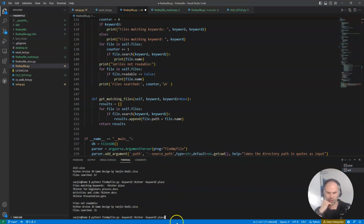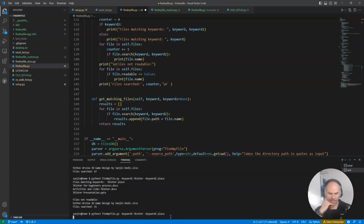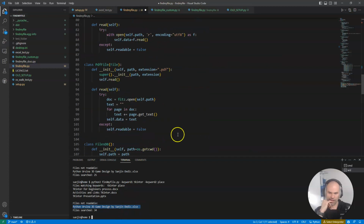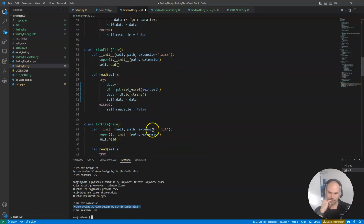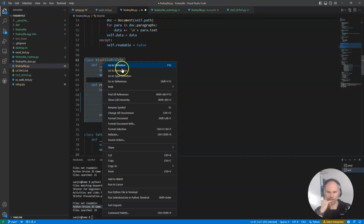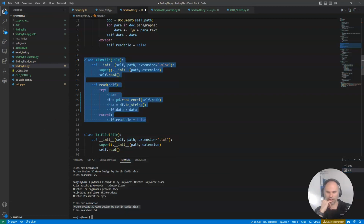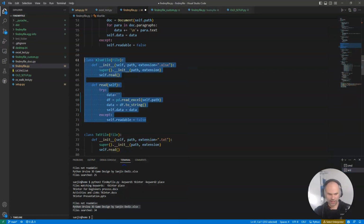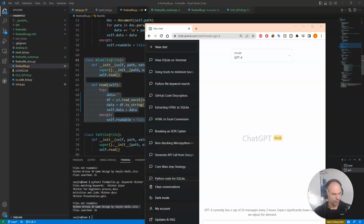I'm going to run the same search for tkinter and place, this time in WSL, which is essentially Ubuntu. And I am going to have this XLSX failure. If you go to the Excel file, this is not going to work. And this could be my very first job for GPT-4. It worked great on Windows, it just didn't work on Excel. So I go to my GPT-4,